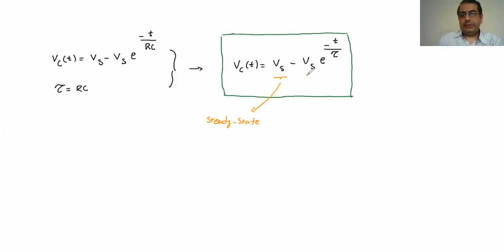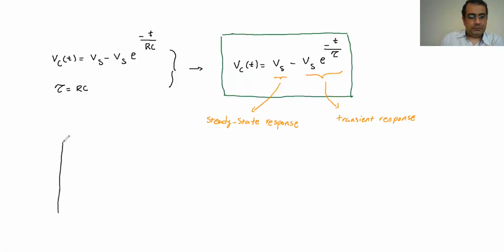And this part is going to be the transient response of the circuit. So this is the part that is time dependent, and this is the part that is not time dependent. This is the value that eventually we are going to get to, and I'm going to show you how it's going to be. So if I again draw this equation,